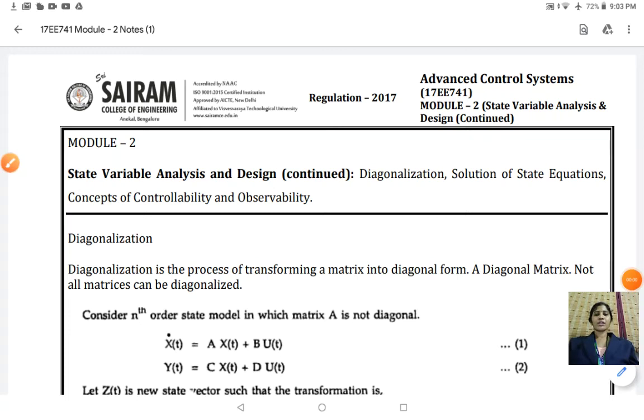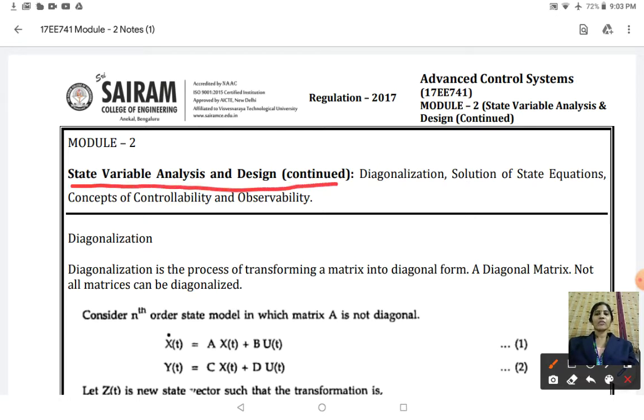Morning students, in the previous lectures we have seen the state variable analysis and design part 1. In this module we are going to see the continuation of state variable analysis and design. In module 1 we analyzed how to frame the state model for an electrical network,